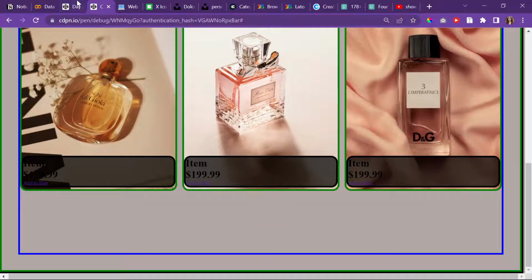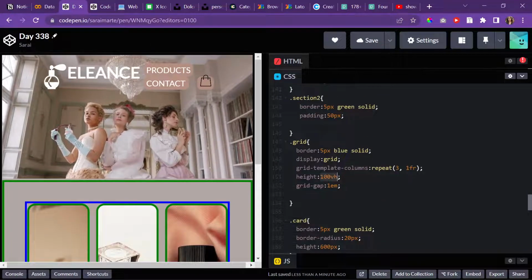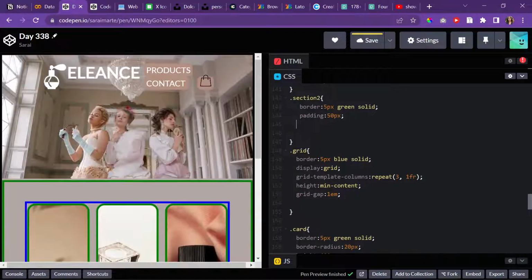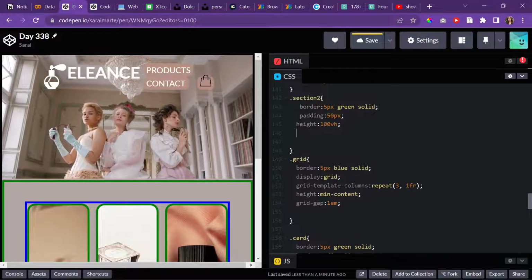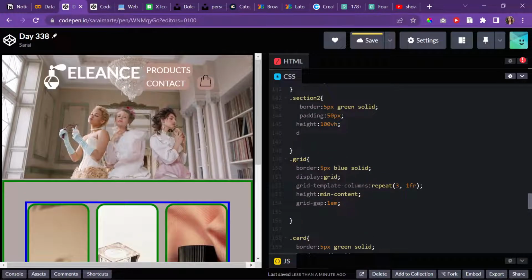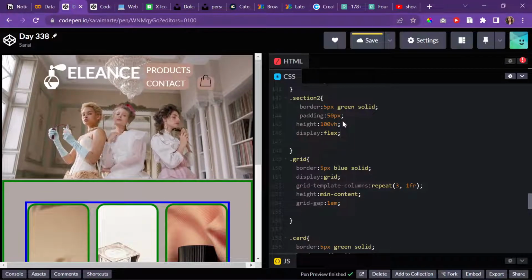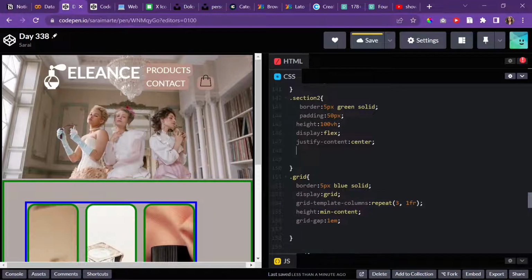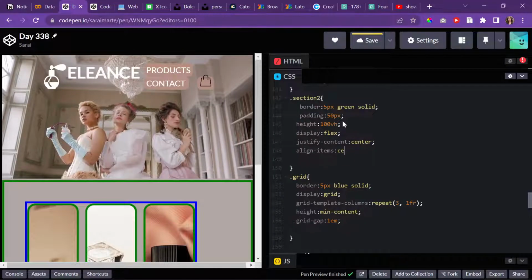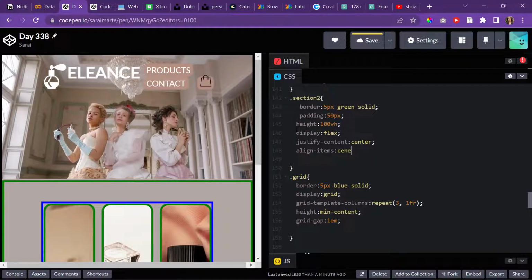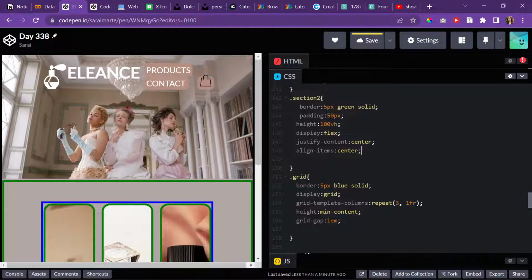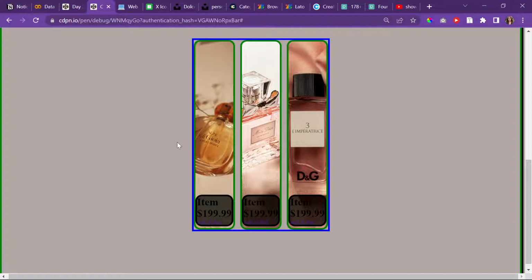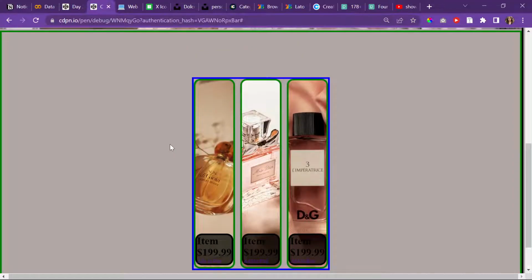Yeah, and so I'm gonna tell the grid to have a height of min content, and then the height of section 2 would be 100 VH, and it would also have a display of flex, and I'll do justify content center and align items center. So that's going to align my cards vertically, while justify content aligns it horizontally. So I save that and I reload, and that happens, but that happens because I didn't set a certain width